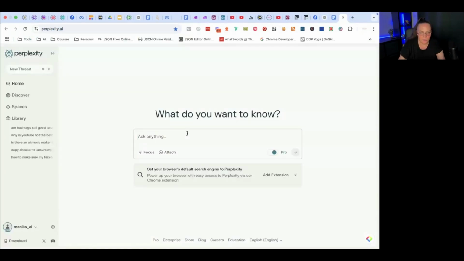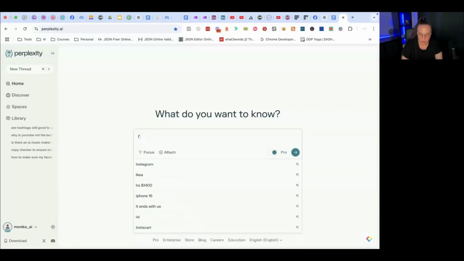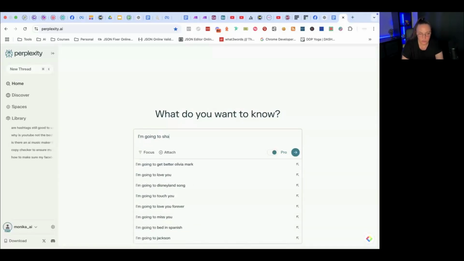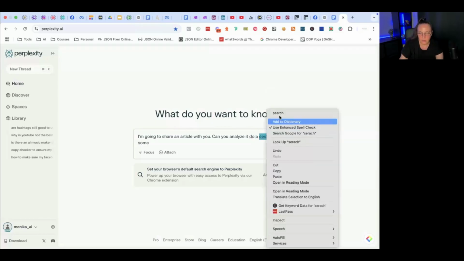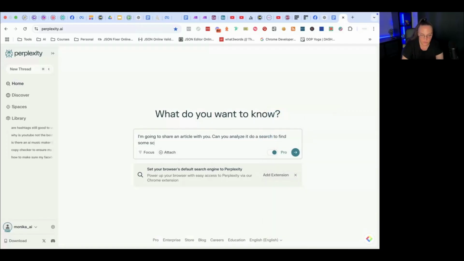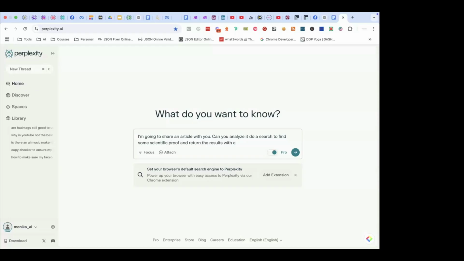and say, I'm going to share an article with you. Can you analyze it and do a search to find some scientific proof and return the results with APA?